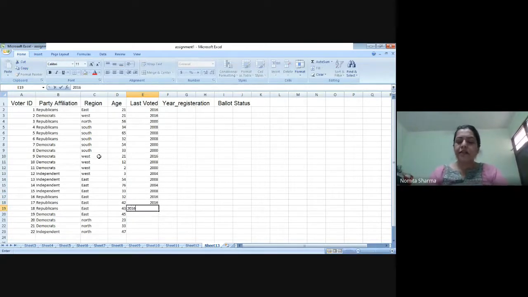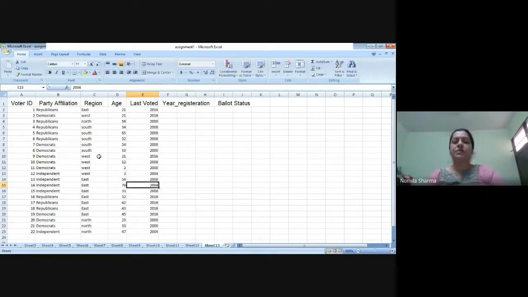So the data will actually tell you the people who have last voted and when did they last vote, and accordingly the next plan can be introduced. So we have this and we have this. Year of registration, it should be normally, the time, the age when you become eligible to vote, but that may not be always a necessity. Sometimes people don't register for voting. So it will be any year when you decided to register for the voting purpose.